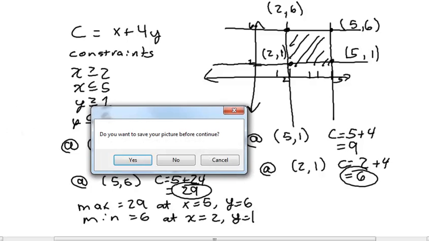Okay, now again, these will usually have some association with some real-world problem, usually having to do with profit. Now let's take a look at another one that's a little harder. Let's say that our objective function is c equals 4x plus 3y,